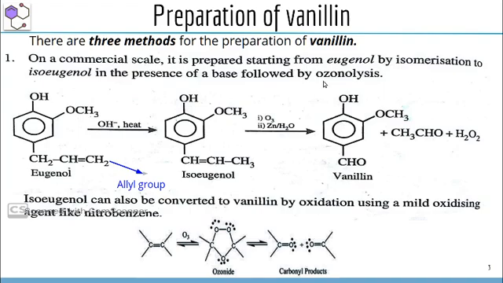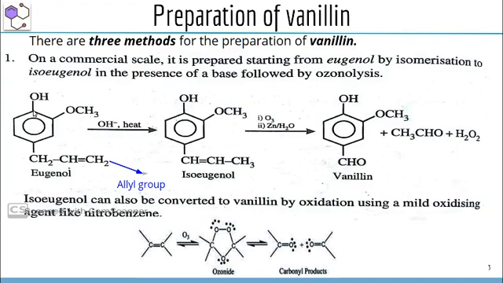followed by ozonolysis. That means eugenol is the compound having this structure, that is, it is having a phenolic group, a methoxy group, that is the ether group is here. This is having an allyl group here. Allyl means CH2 CH CH2, just like our methyl group. CH3 is named as methyl, C2H5 is named as ethyl group, just like CH2 double bond CH, CH2 is known as allyl group.